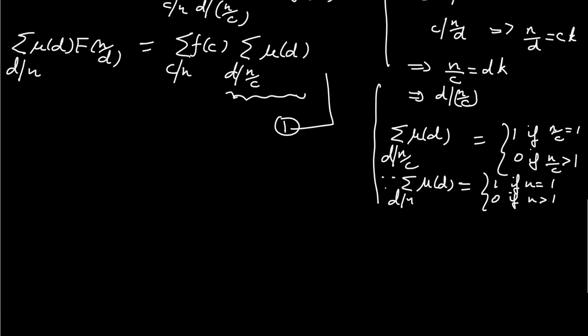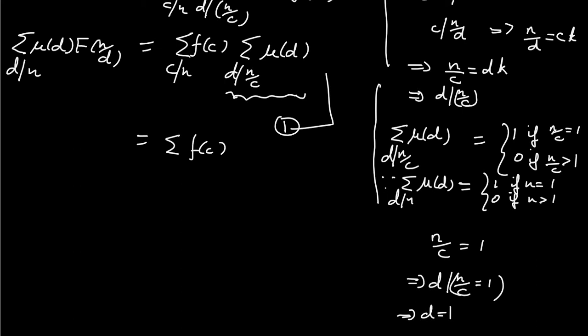So you just replace this n by n upon c. Therefore, the summation of mu of d will be equal to 1 if n upon c is equal to 1. This implies that d, which divides n upon c and is equal to 1, must be equal to 1. So this equation is equal to the summation of f of c, where c runs over the divisors of n,